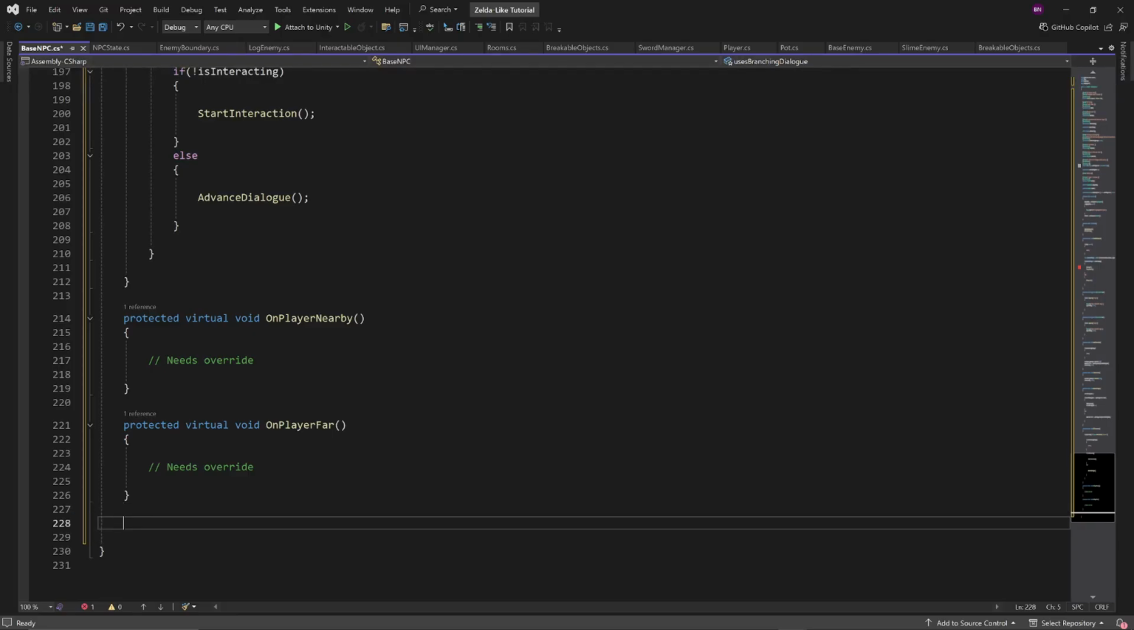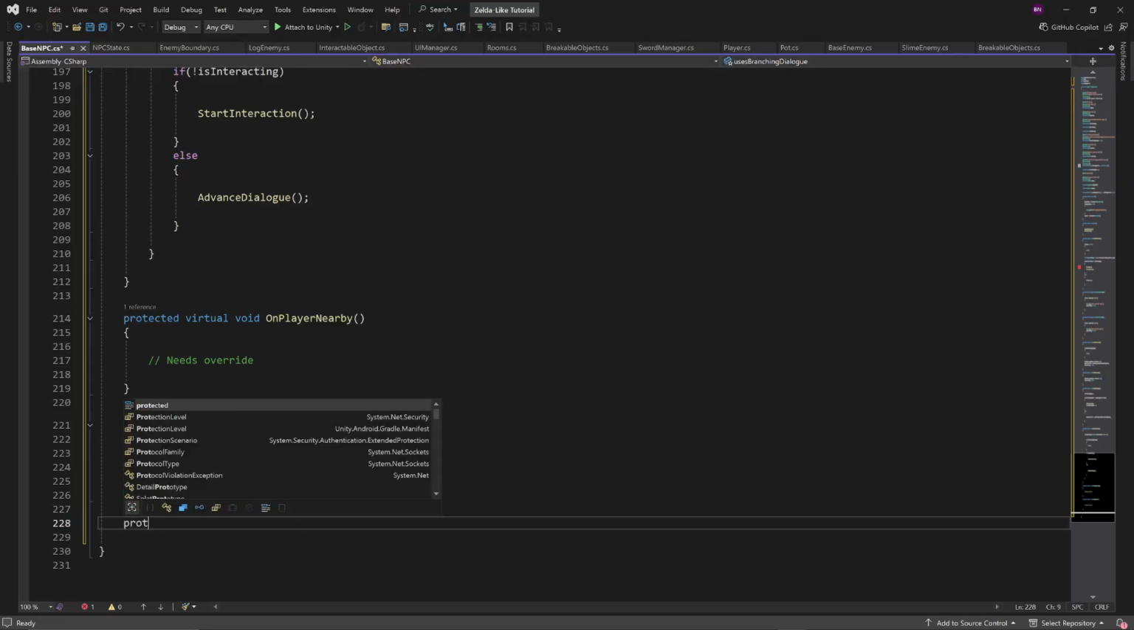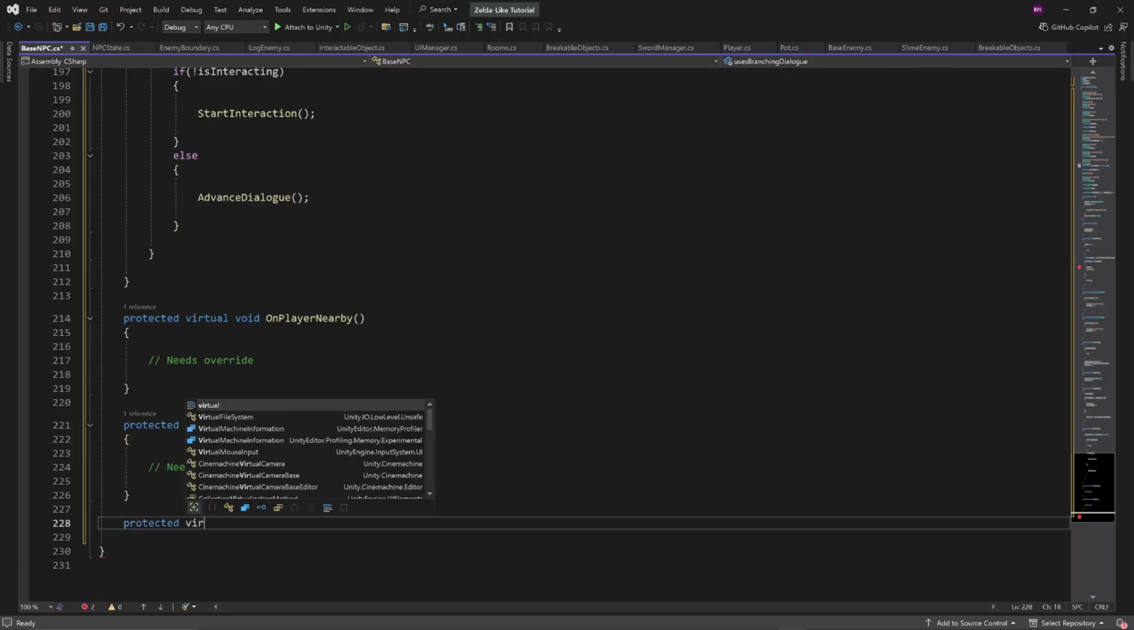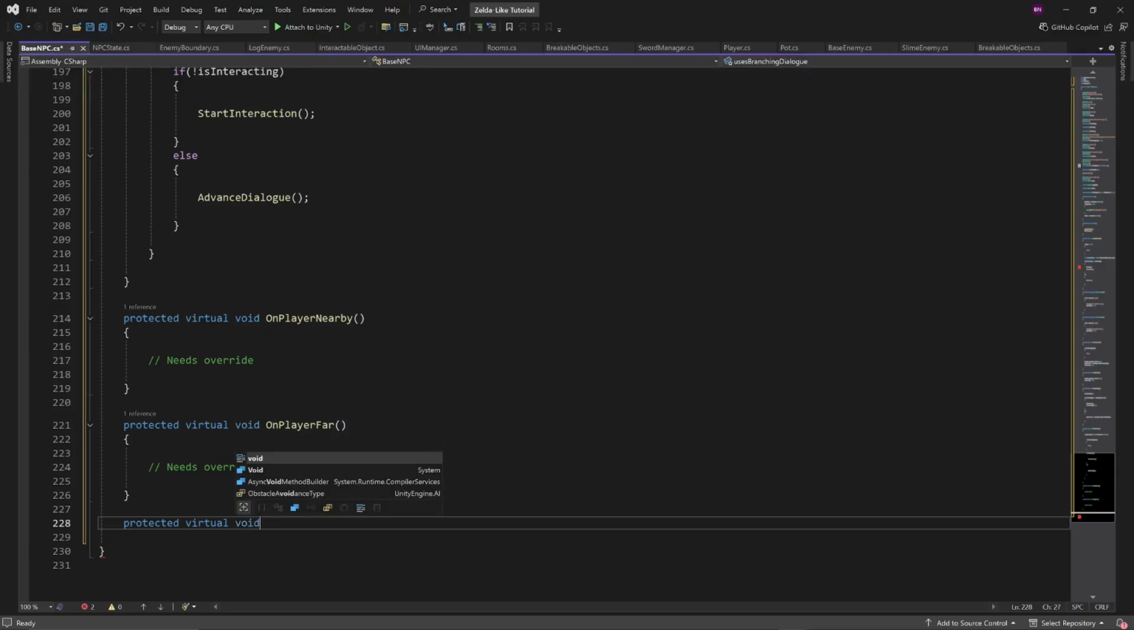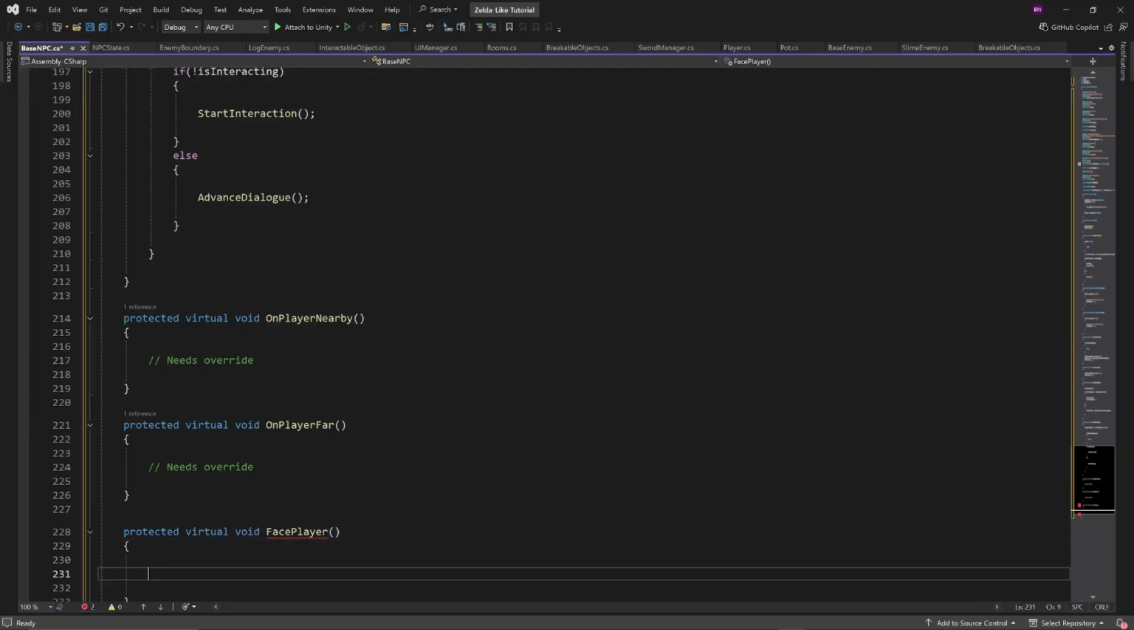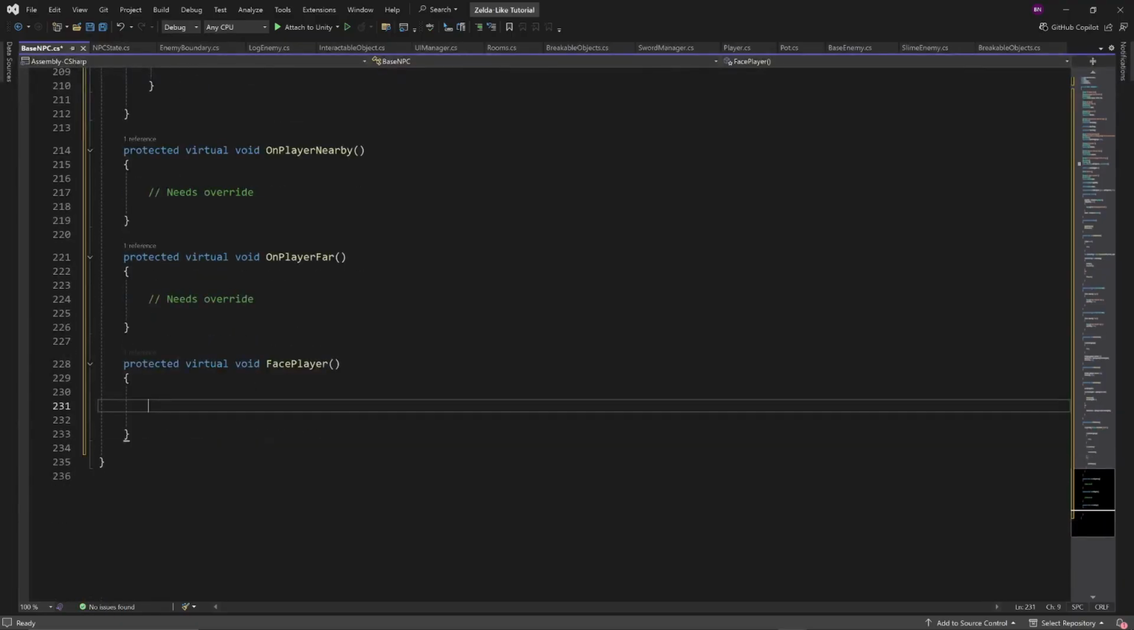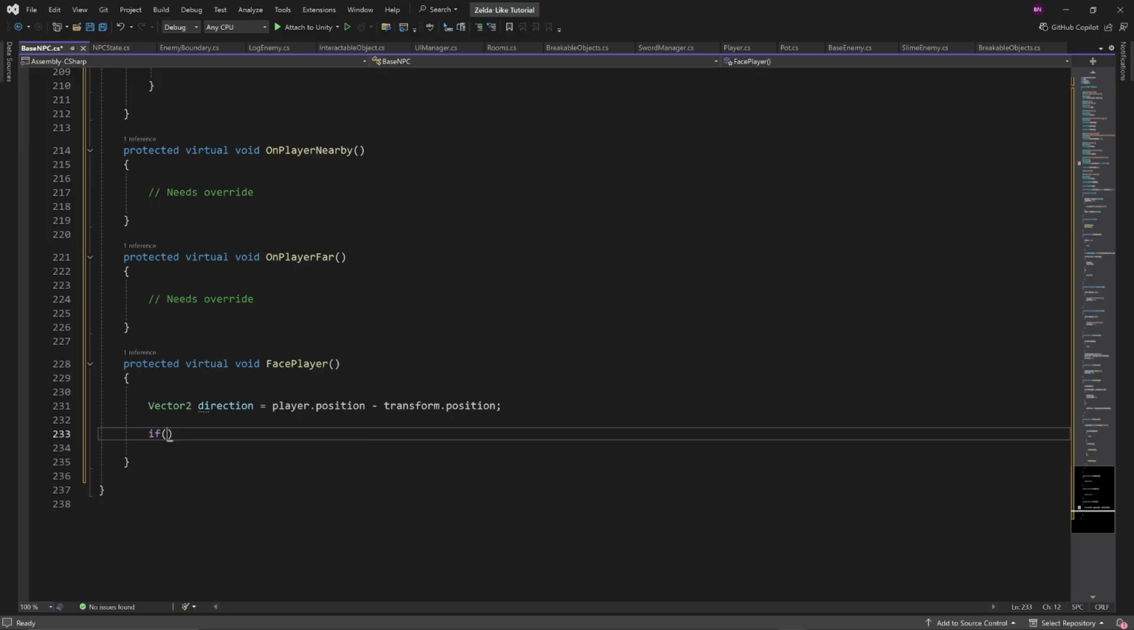And then we also need to do this. And this is where we're actually going to have the NPC face the player. So first we need a Vector2 direction, which will be the player.position minus the NPC's position. And then